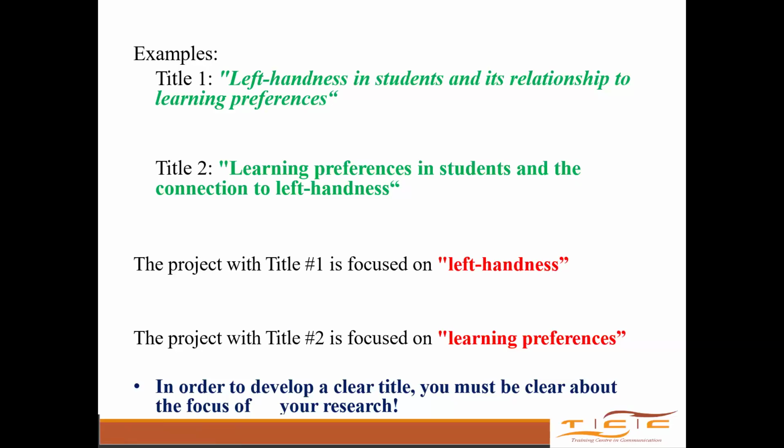So if you are collecting data and your research focus is title 1, it means you are going to look for students who are left-handed and then you are going to ask them about their learning preferences. Okay? If your focus is on the second topic, it means you are going to ask students about their learning preferences, and then you are now going ahead to ask, are you left-handed or not? So they might look the same, but whoever is reading your work will look at what really is the focus, and the focus should come towards the beginning. I'm not saying it has to be the first word or the first two words, but it has to come towards the beginning, because then that is what I will look at as the main focus of your research.